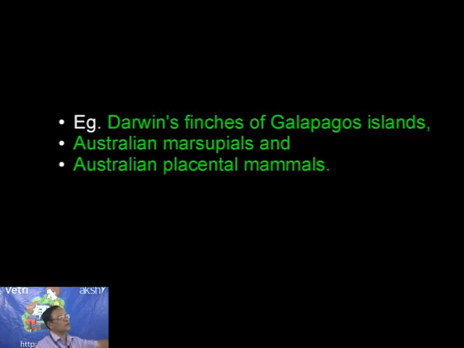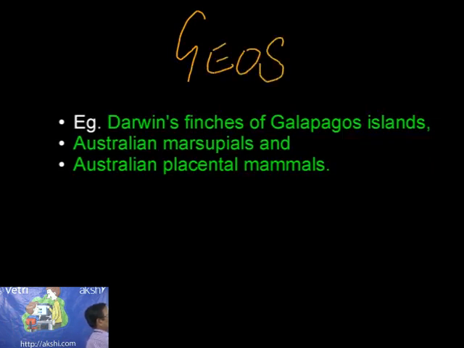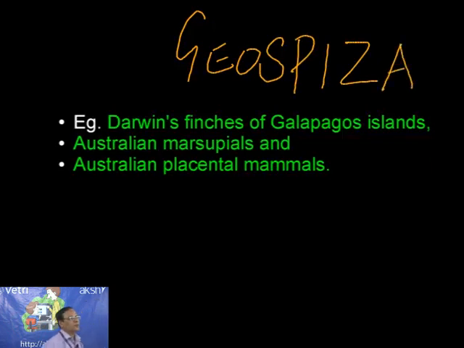So the first example for adaptive radiation is Darwin's finches, a kind of sparrow. He observed more than 20 different species of these finches, the genus name being Geospiza. So they are called Darwin's finches, nothing but a sparrow. He observed more than 20 different species of Geospiza on the Galapagos Islands in the Pacific Ocean, while he was